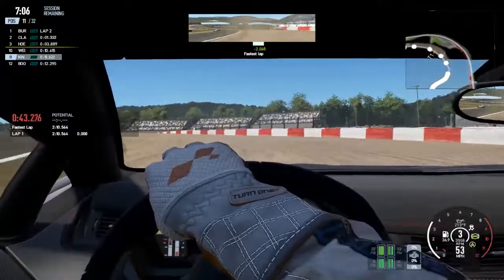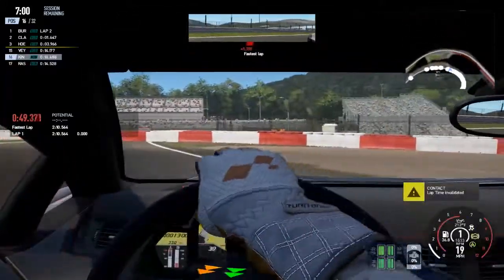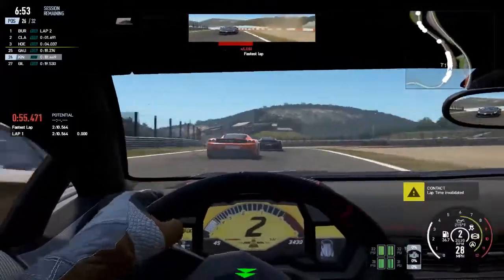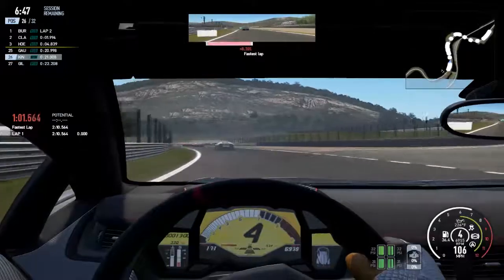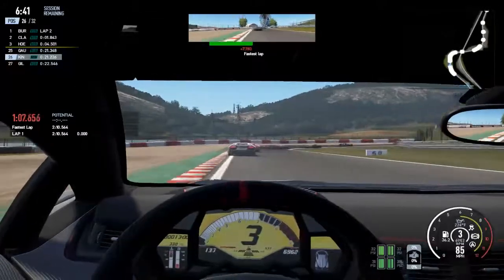Oh, I've done it again. Come on, concentrate. Oh, and that's why I can't run damage. Okay, down to 26th, but there's a big clump of cars still really tight packed, so...